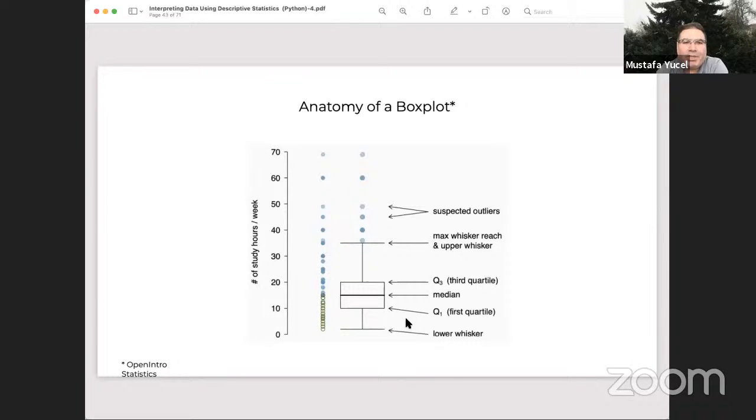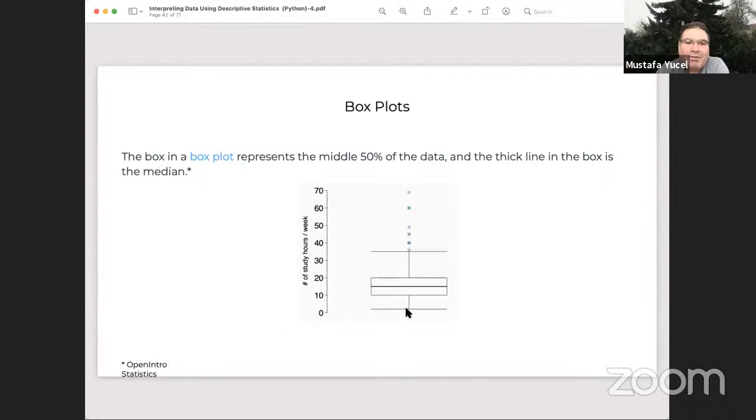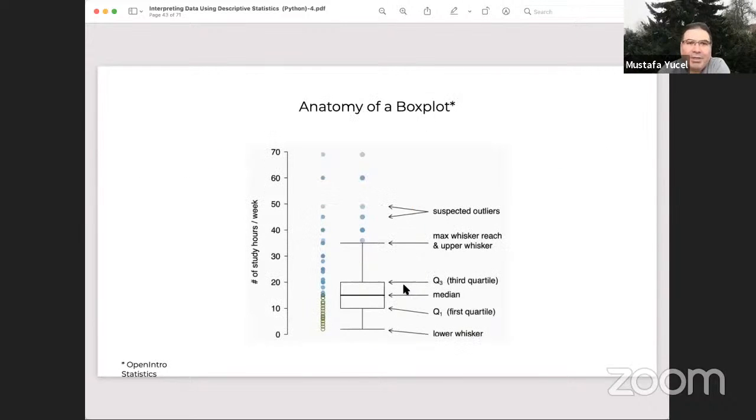Okay, by the way, I made a mistake. I said we start from the minimum. No, we don't start from the minimum. In fact, we start from the median. Anyway,